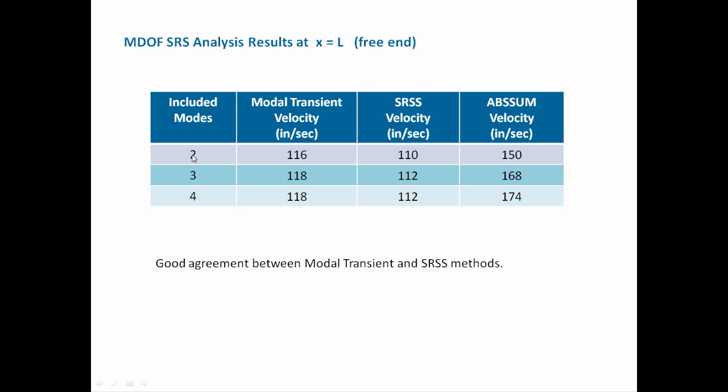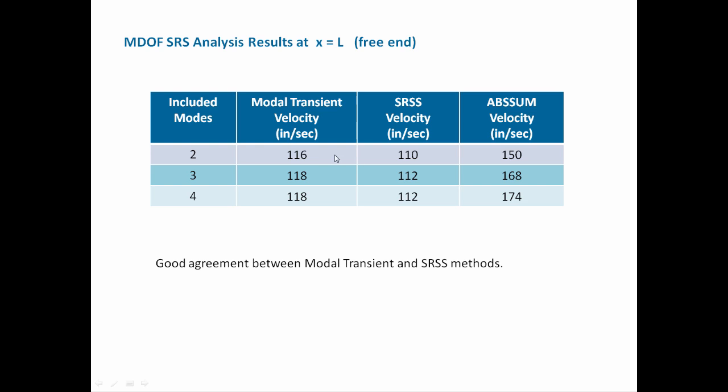So we have 2 modes included, then 3, then 4 included. And the modal transient, these are the values we've actually already seen. Then the 3rd and 4th columns here are direct from the SRS. We have the square root of the sum of the squares, velocity in inches per second, and the absolute sum. The absolute sum, just as a reminder, assumes that all of the modes peak out at the same time